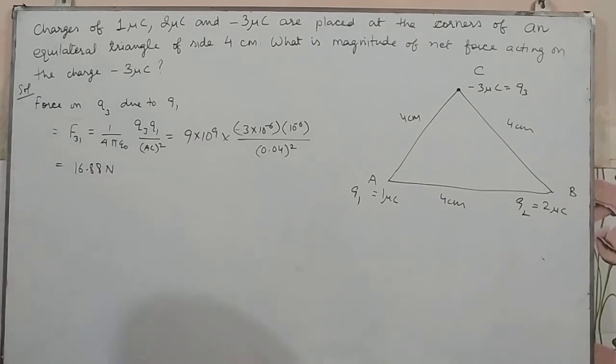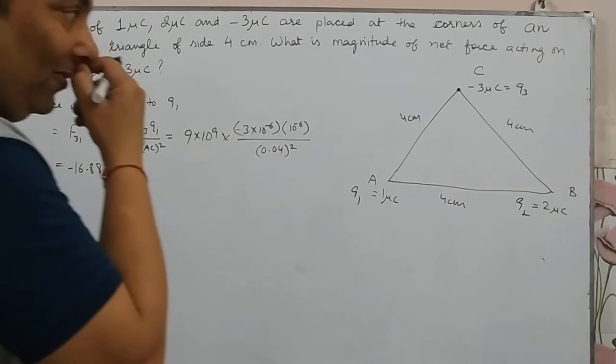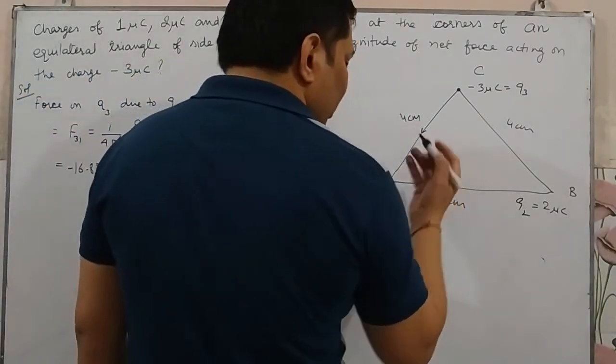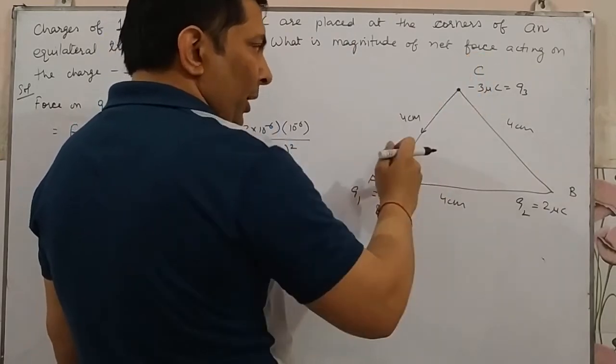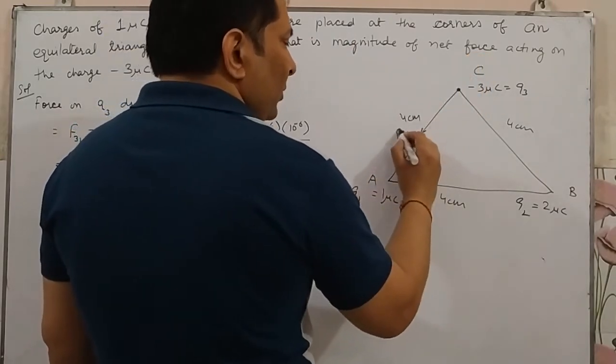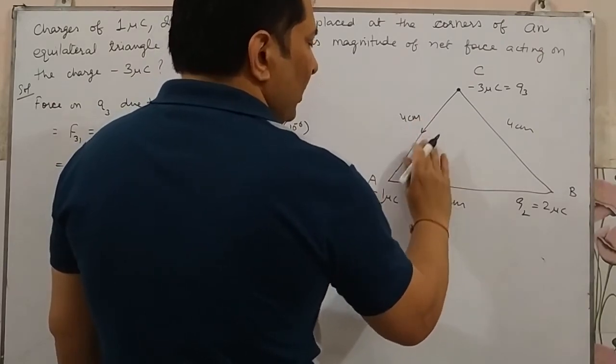But magnitude is a different story, but it should be minus 16. Okay, it's a negative force. So this force will be acting in this direction. Why? This is a positive charge, this is a negative charge. So it's the attractive force, because of which the force will be acting downwards. The force name is,